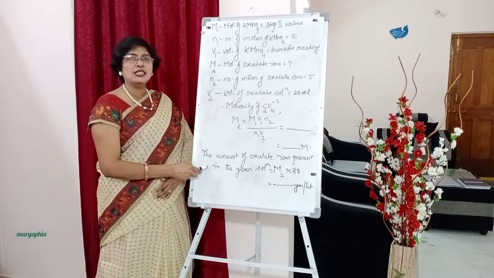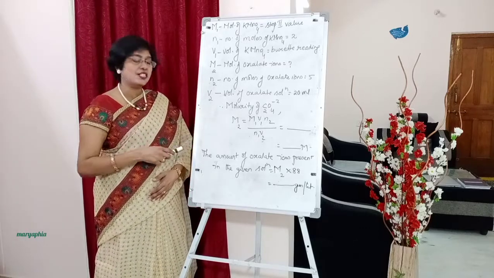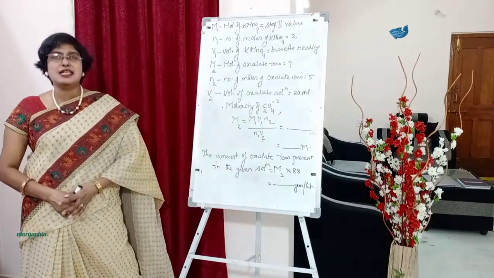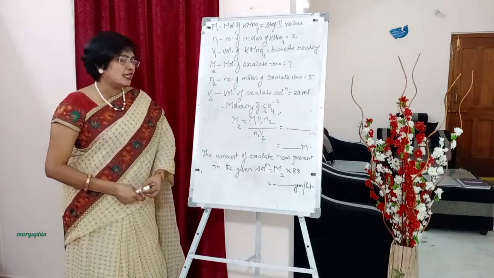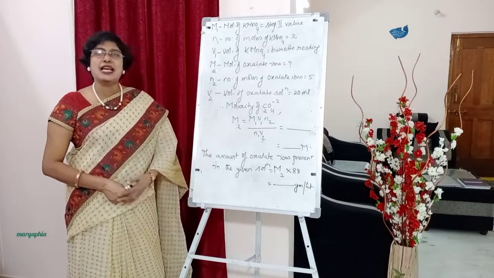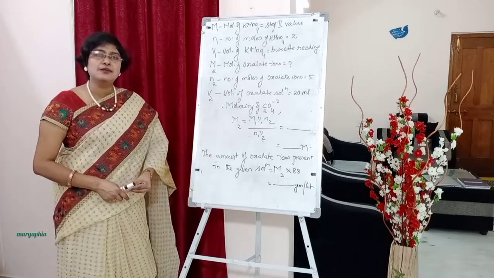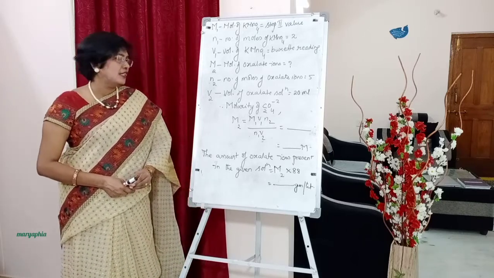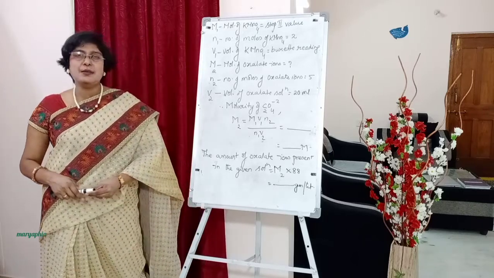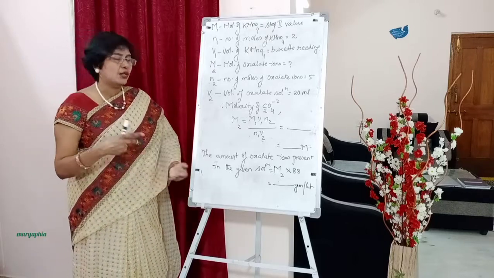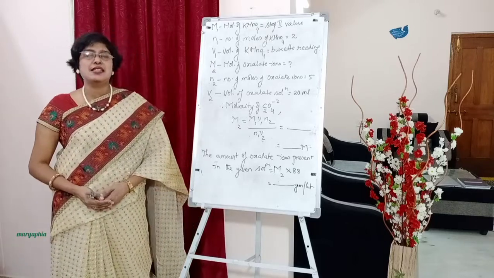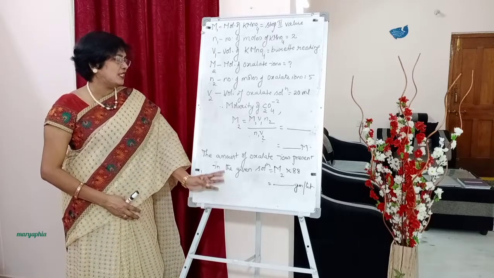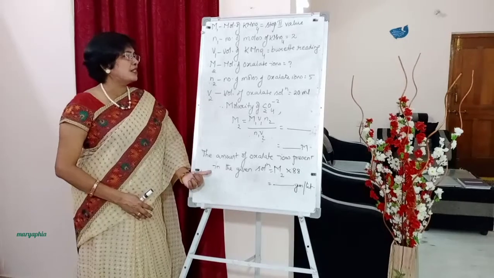Below write down. So this will be our result under the procedure. The amount of oxalate ions present in the given solution is equal to the molarity of oxalate ions, which we have calculated just now as M2, multiplied by the molecular weight of oxalate, that is 88. So when you multiply M2 with 88, whatever value we get is that much grams per liter. Okay, so this is the result of this experiment, students.